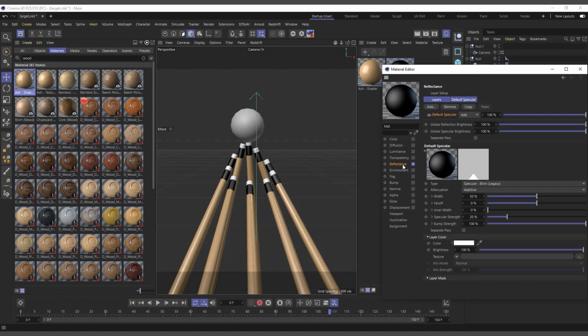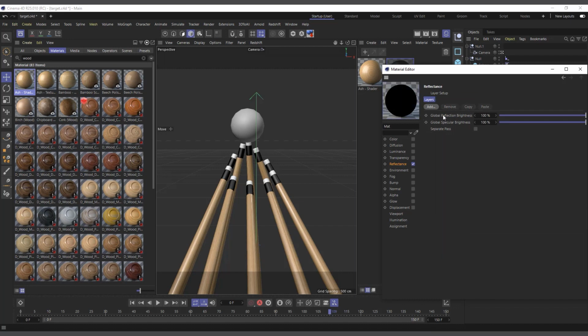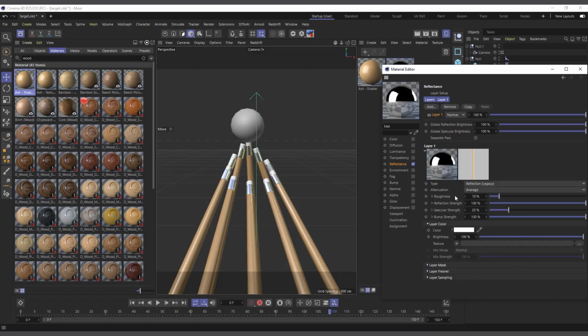I'll come to the reflectance, and I'll delete the default specular we have here. So now we'll go ahead and add our own reflectance, and I'll add the reflection, legacy reflection, right? I'll hit save, and then